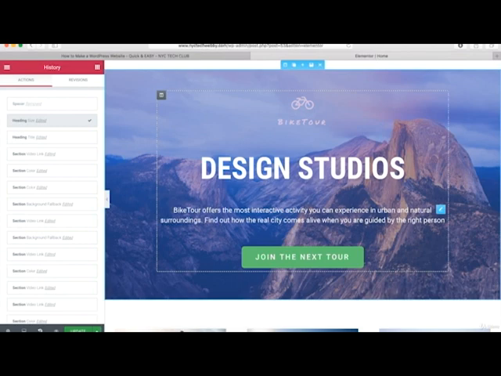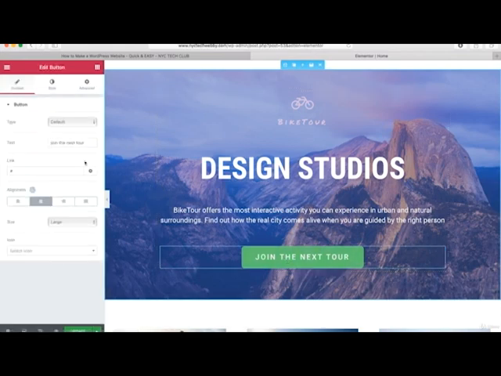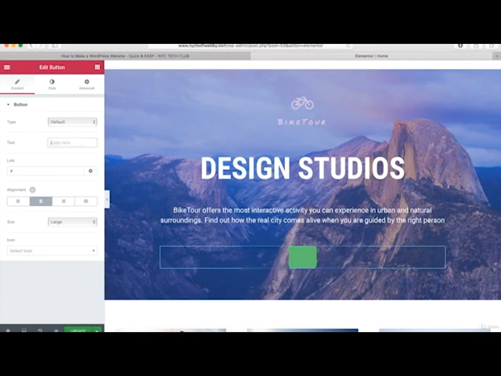But all I really want to do, because this is pretty simple and it doesn't really matter what my demo site looks like, it just matters what your WordPress website looks like. I want to just show you how to edit the button right here. So let's click on this and we can go in here and change the text. So we can delete this and type in something like learn more. And we can link this button to the about page if you want. So if you want to do that, let's type in